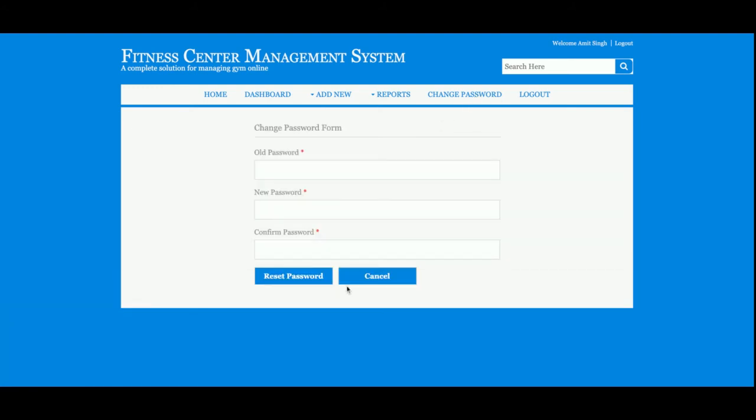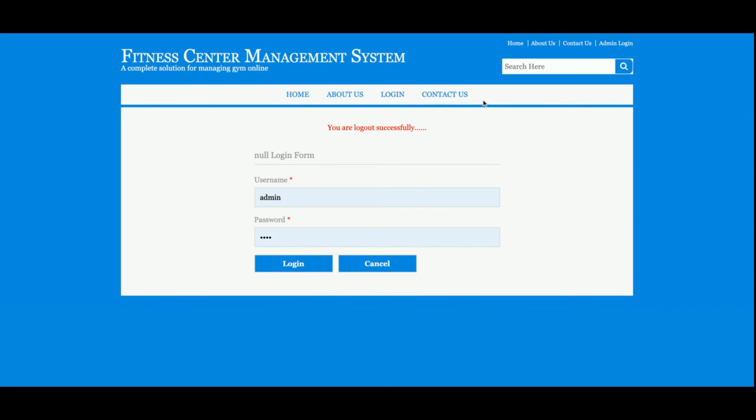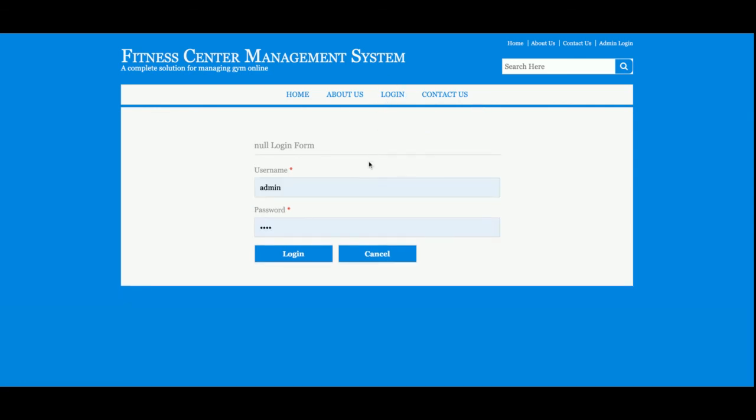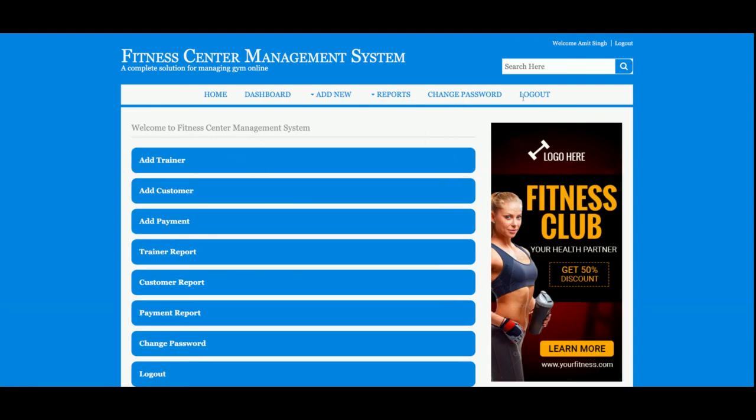This is change password, from where you will be able to update your account password, and after updating it you will be able to log in with that updated password, right? This is a logout. Once you log out from the system, the administration menu above will not be displayed, because it's a session driven menu and it comes according to the session. If the session is set, then it will be rendered. If the session is not set, then it will not be rendered, right? Once I click on logout, you can see the administration menu is not coming, right? But if I log in, then the administration menu is displayed, right?